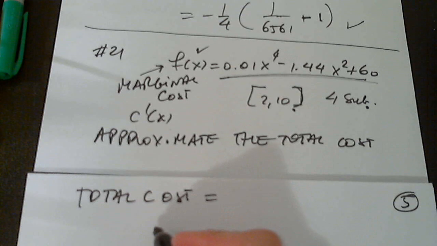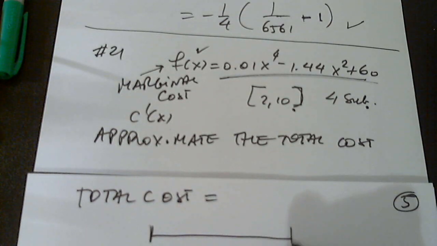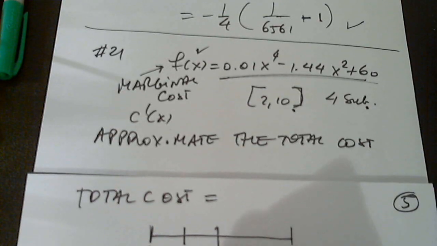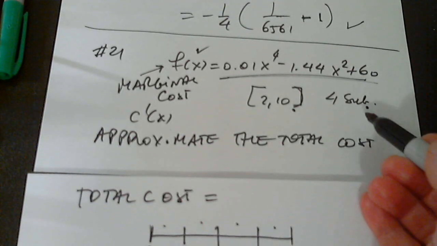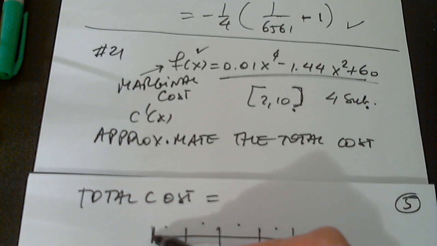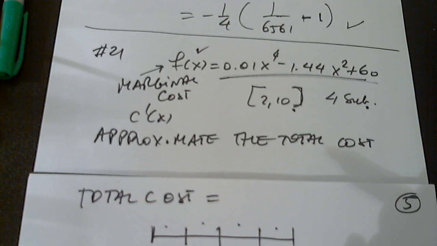The total cost is with 4 subintervals. So between 2 and 10, 10 minus 2 is 8. 8 divided by 4 is 2. So this is the first subinterval. Here's the second subinterval. Here's the third subinterval, and this is the fourth. So I have 1, 2, 3, 4 subintervals. Now let's suppose you choose. Do you want to use the leftmost point or the rightmost point? It doesn't matter. The idea is the same. But I want you to choose. You tell me what you would like to use. You would like to approximate